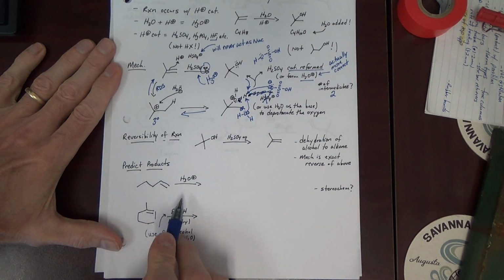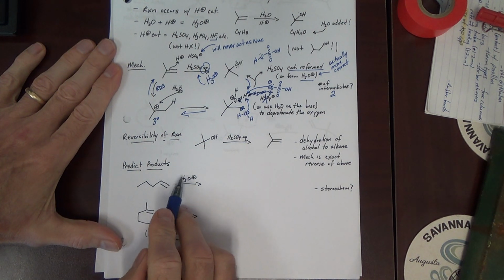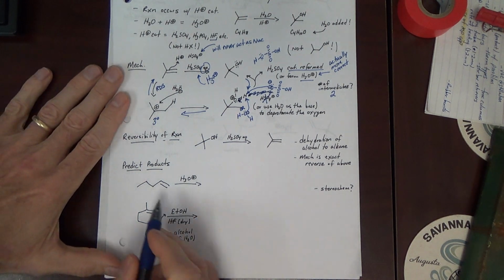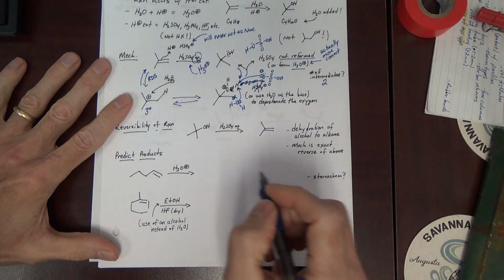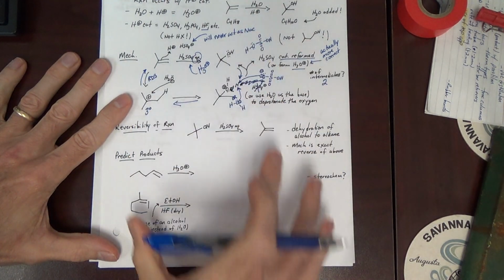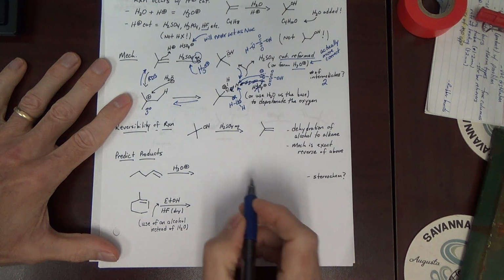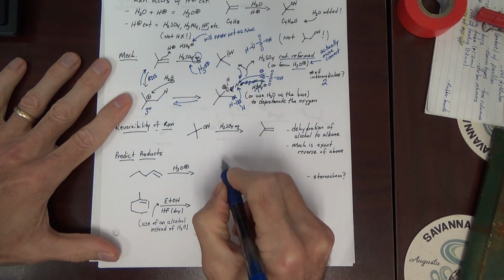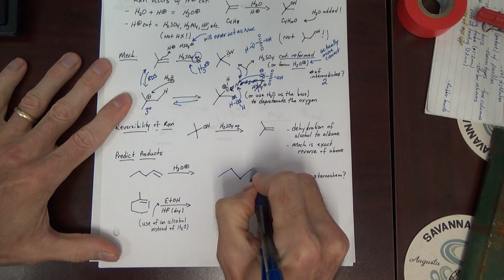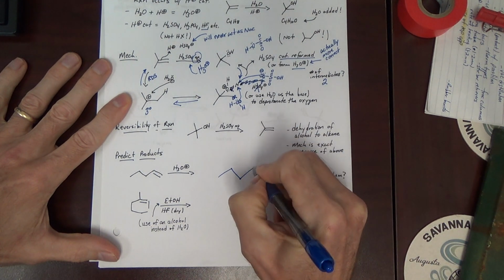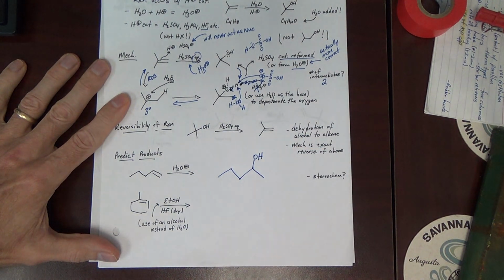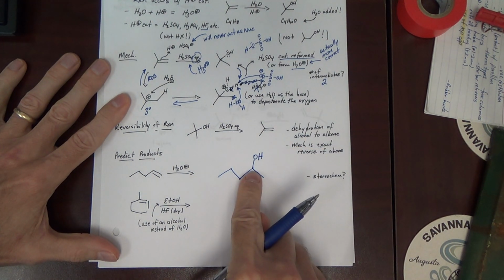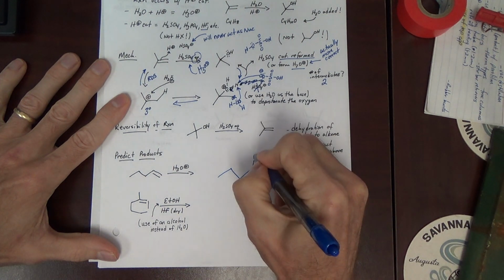And we wanted to predict a product from this reaction. This alkene reacting with aqueous acid looks like a hydration of an alkene, and that is going to give, I'll show the product, but then we need to always think mechanistically. But I can sort of do that in my head, and the product is going to be this alcohol here, a secondary alcohol,